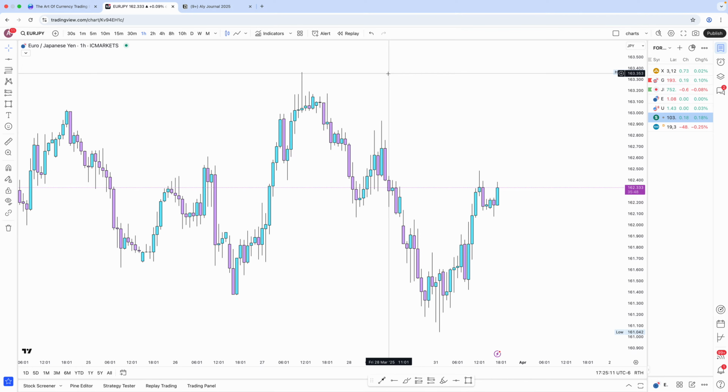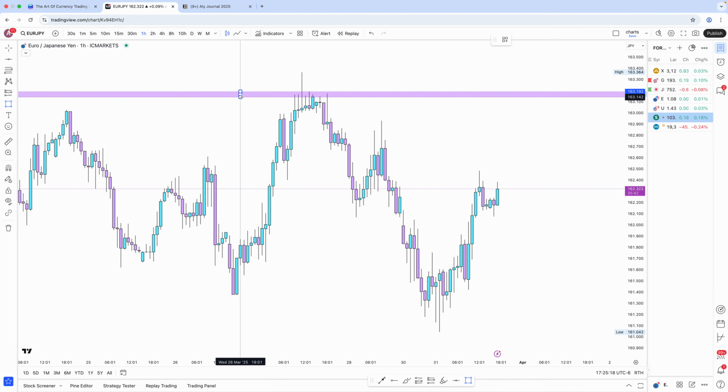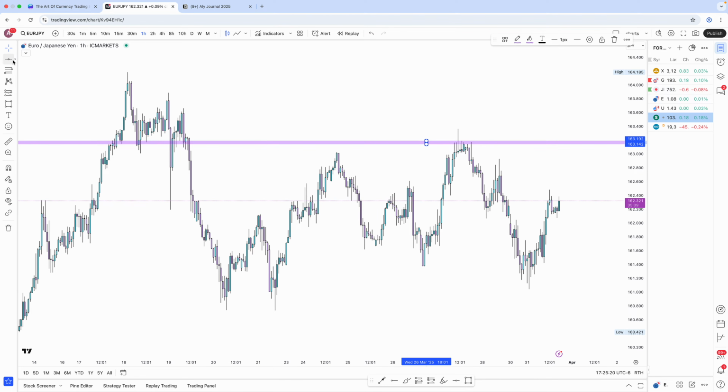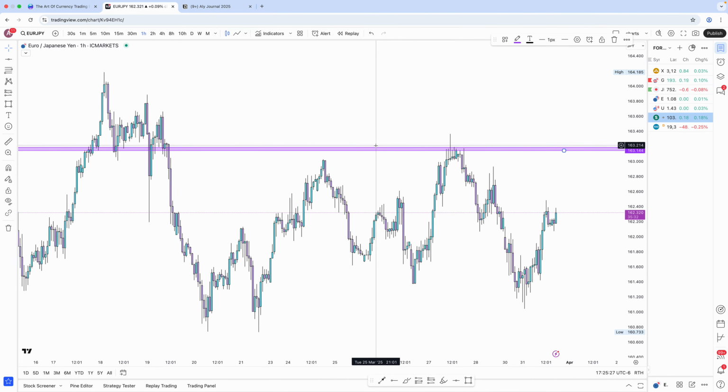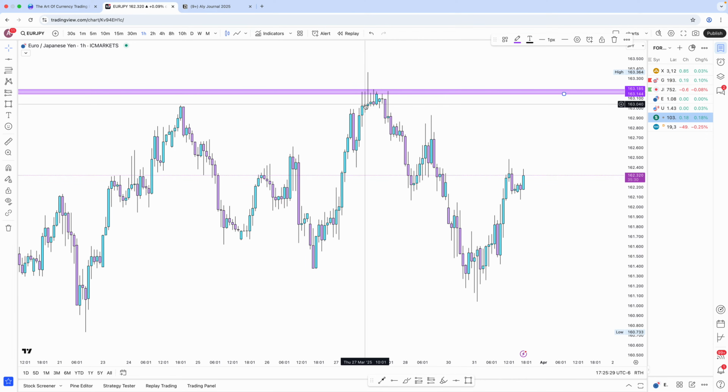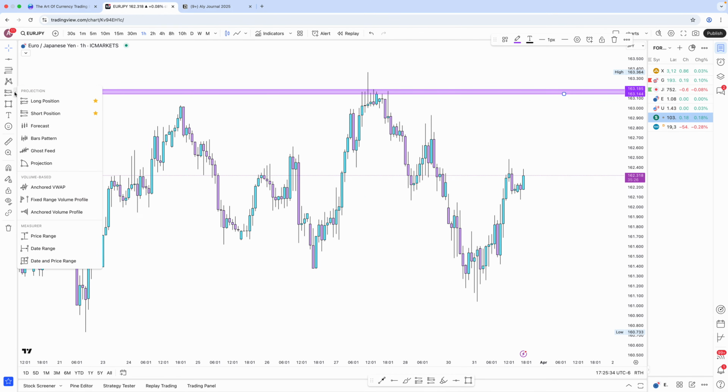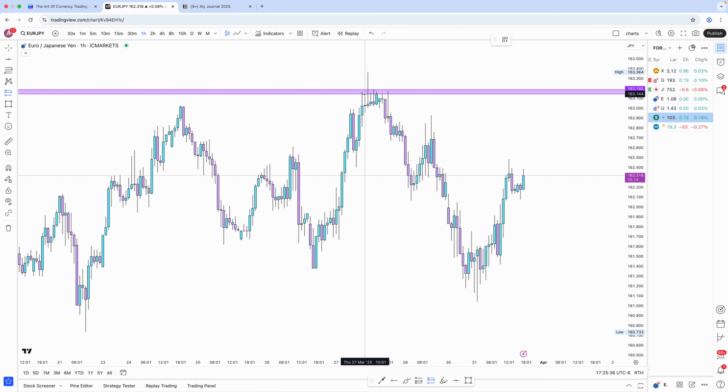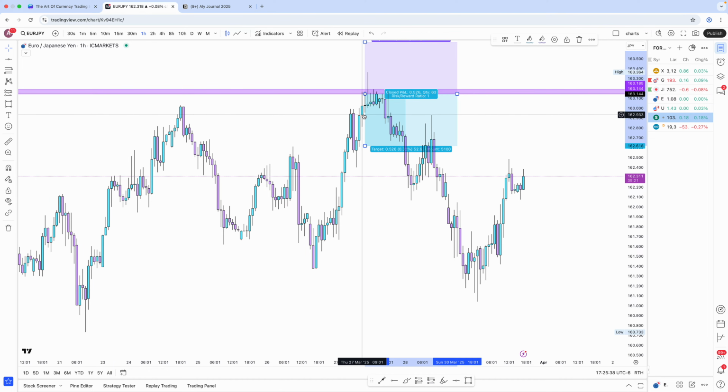So if we take a look at a couple examples here with manipulation, we'll start with the major structure on the 1 hour time frame. If we identify this and put in the two prices, it's basically trying to break above 200. So for example, this was late New York, okay? If you entered late New York, you entered too late. So in this scenario, you would probably enter during Tokyo.